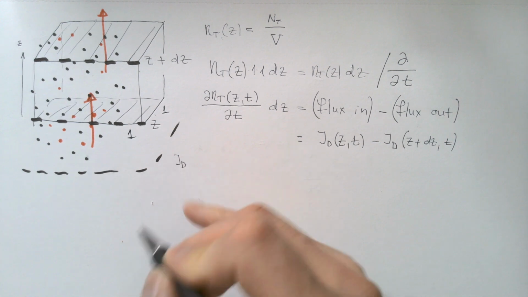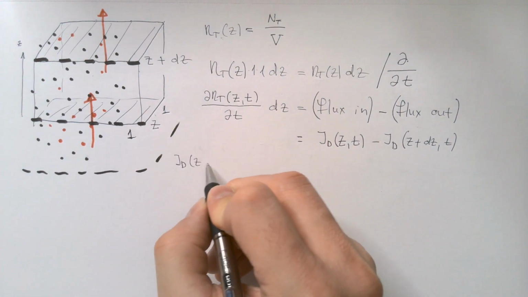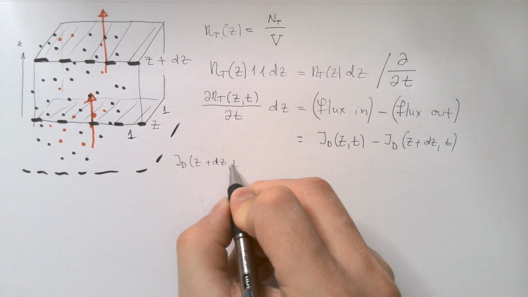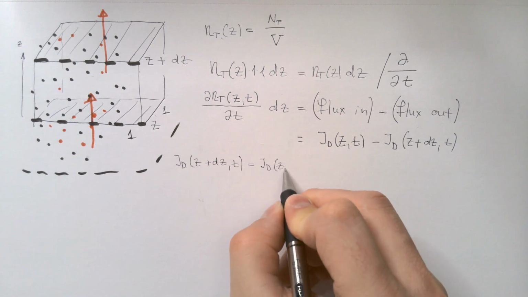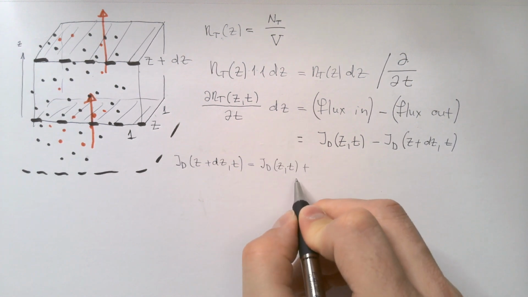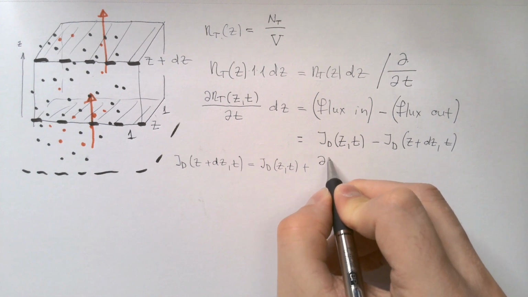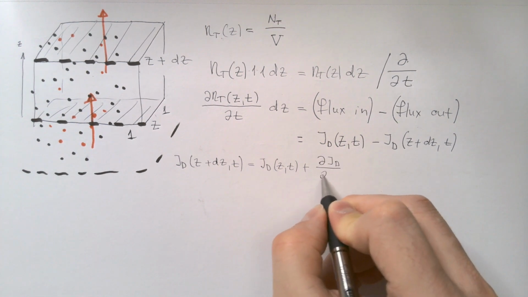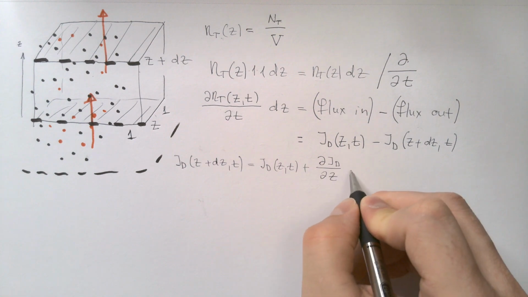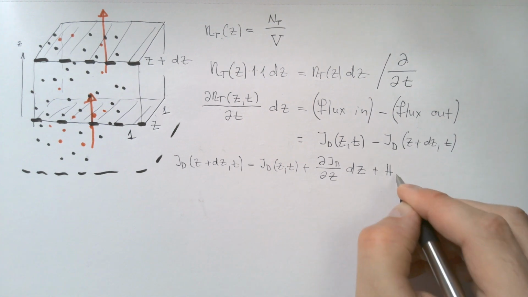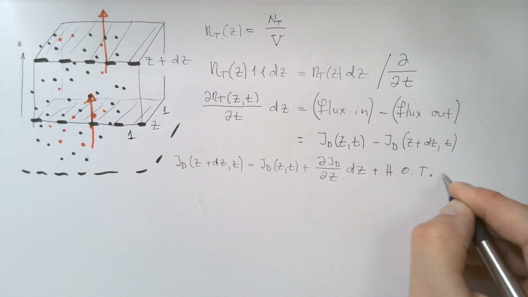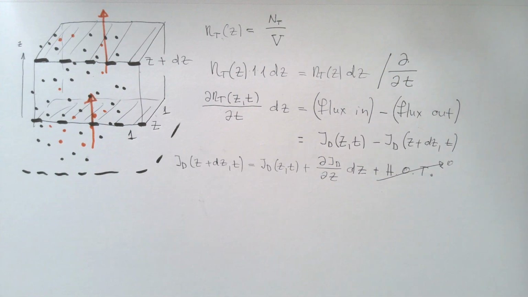Namely, jd at the height z plus dz and time t will be jd at the bottom surface z and time t plus a rate of change of flux along my axis z times the distance dz, and of course plus higher order terms. But we neglect higher order terms as usual, because in this case we assume that these fluxes are not profoundly